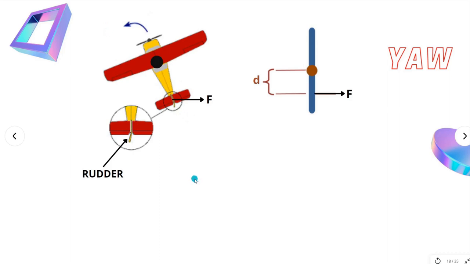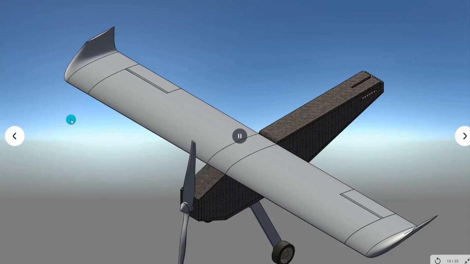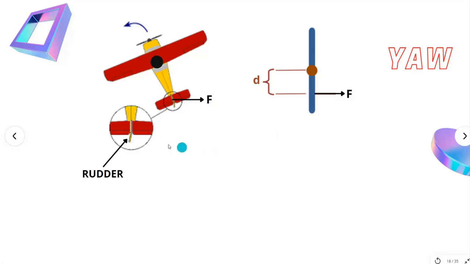Okay, now let's have a look at how a vertical stabilizer looks. So these are all the components that we had till now. This is a vertical stabilizer, and in this cutout portion we have our rudder, right. So we can actuate this rudder to change the magnitude and direction of force, right. So this is how we can yaw in both clockwise and anti-clockwise direction.